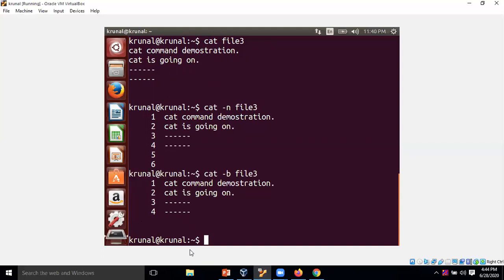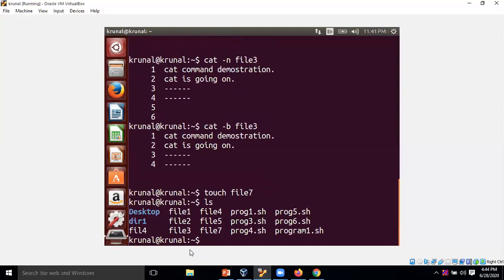Now the next command is the touch command. With the help of the touch command, you can create single as well as multiple empty files. For example, file 7 is created with the help of the touch command.